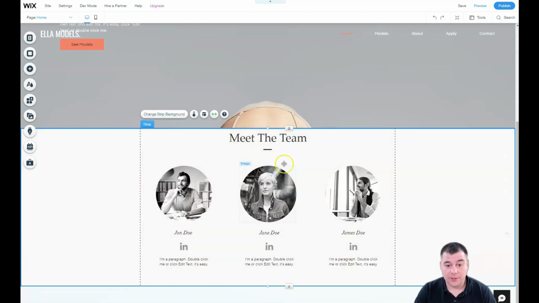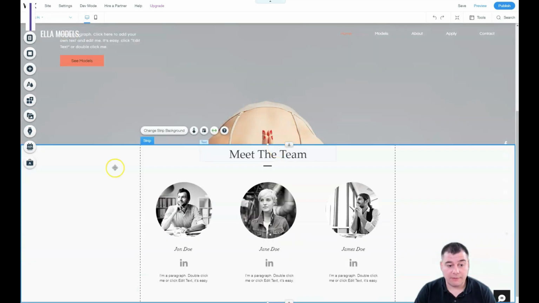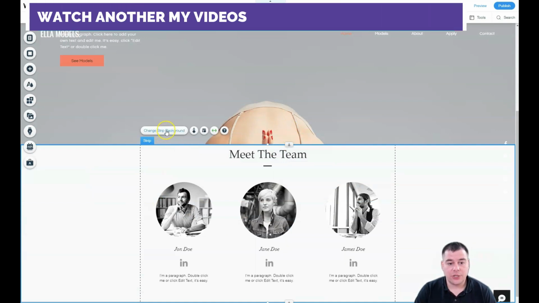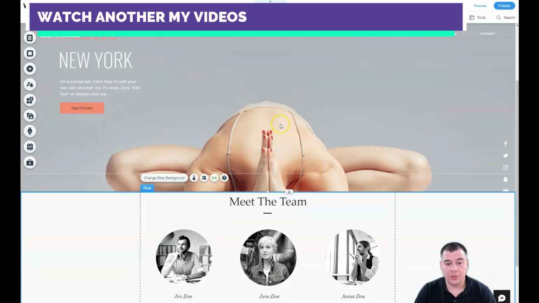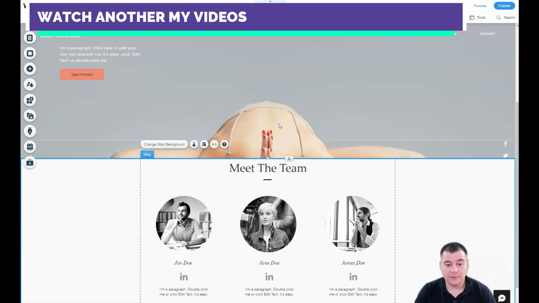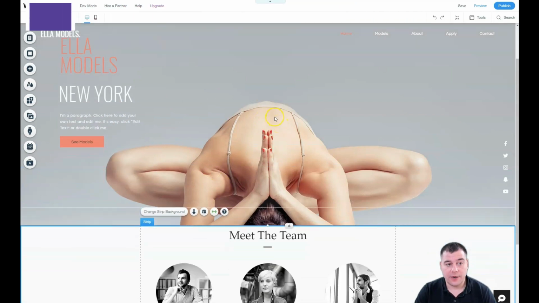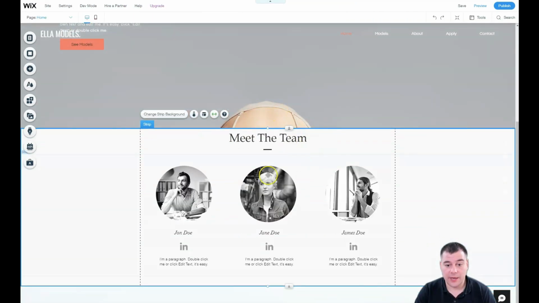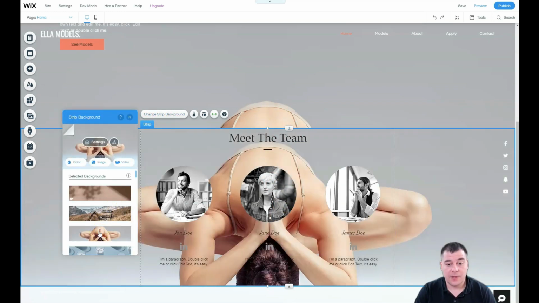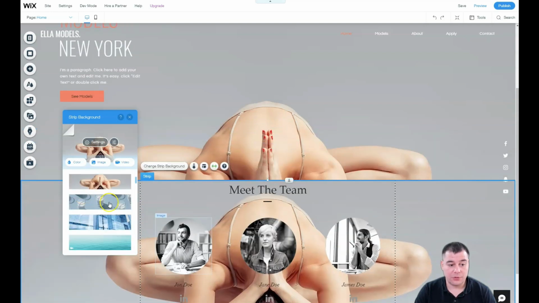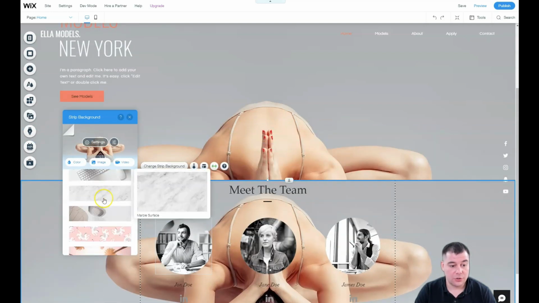You can change the shape of this, you can change everything, and you can change the strip background itself. So we applied the background for the entire page, and you see right now you have the parallax effect. The picture is still there, and everything is scrolling over the background picture. But you can change the strip background here, and you see the same picture. Of course, it shouldn't be like that,